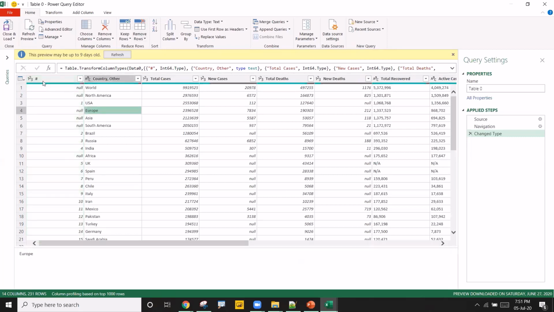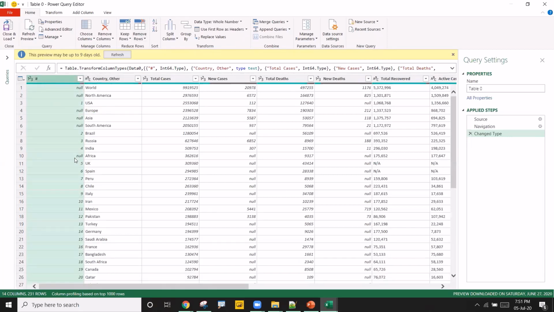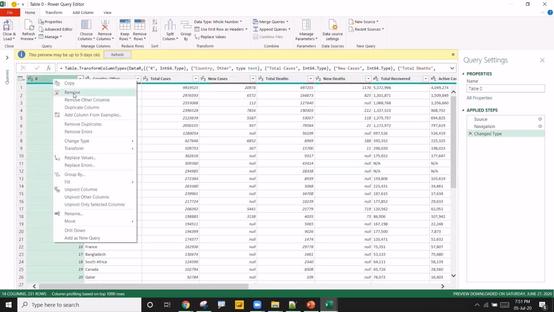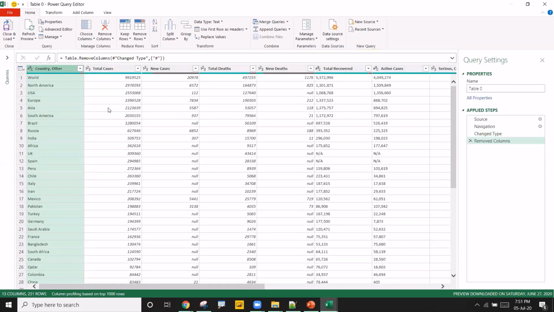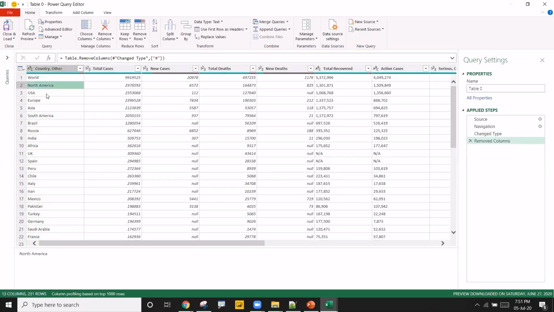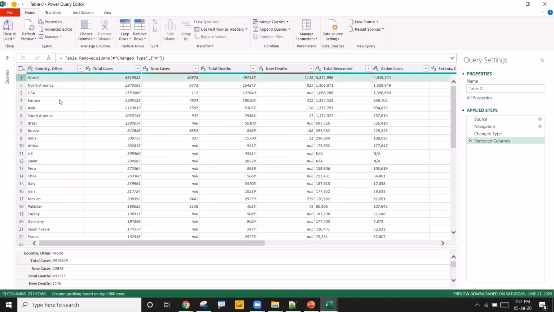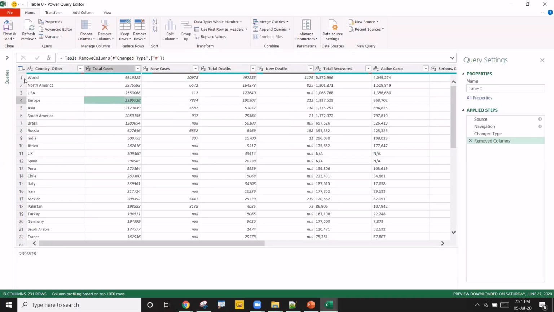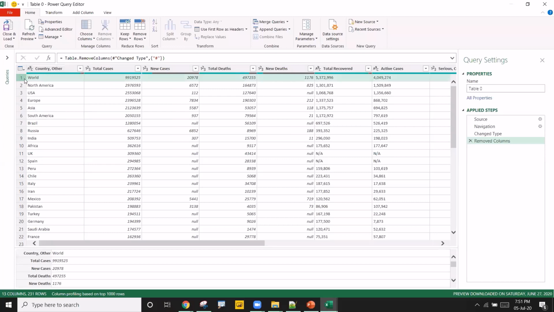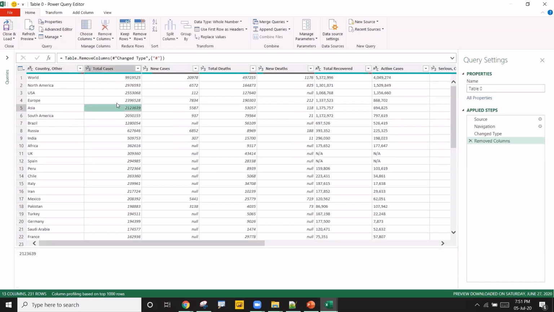So for the first column, that null or 1, 2, 3 something is there, right? Which we don't want to have. I'll right click and remove this. It is removed. Now you see this North America, US, Europe, Asia. This is the data it is showing now. Let's say this world data, overall world, that summing part I don't want. That overall data it is showing, overall world, I don't want to keep, which I can do with a pivot table or summarization with formulas. So I don't want that first row.